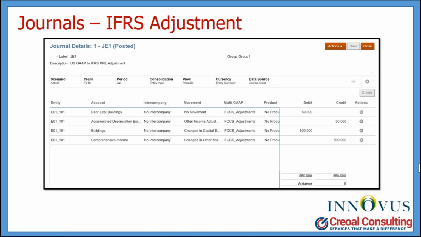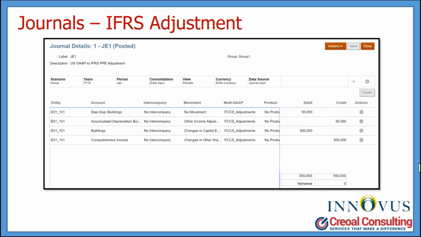In the case of a multinational organization, one of the key requirements is the ability to book an IFRS adjustment. At the end of the day, what we're looking to do here is to back out your local GAAP accounting entries and then recognize your IFRS entries. Again, FCCS provides that capability and allows you to not only reflect the actual detail, but to tie that and provide that reconciliation so that when it comes time to rebuild your financial statements from an IFRS perspective, it provides the ability to track that movement.